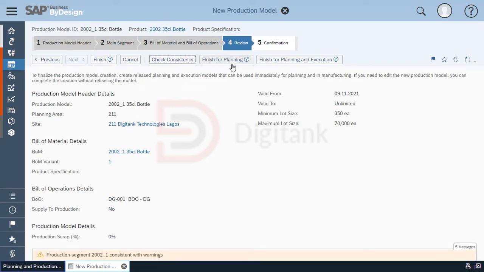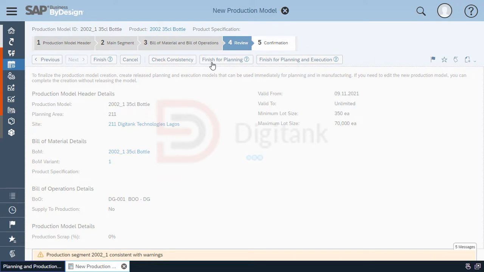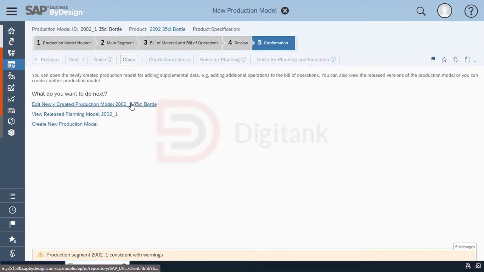We can also see different options. So we have finish for planning, and we have finish for planning and execution. Finish means that we have created it. Once we finish for planning, it means that we have activated it for planning. However, we can't use it for actual production confirmation. When we click finish for planning and execution, at this point we can use it to carry out production activities. So I'm just going to finish for planning, and then once we're done, you edit the newly created production model